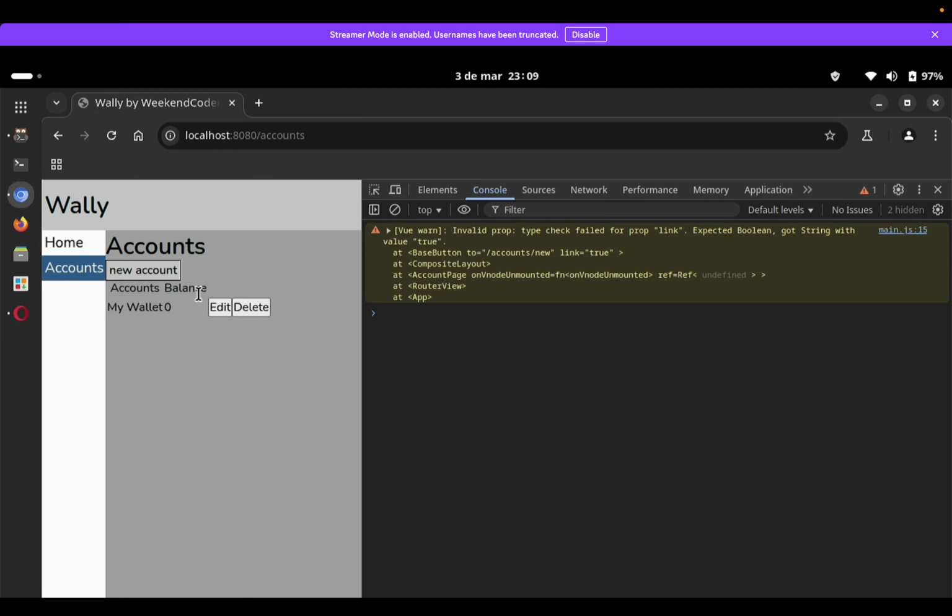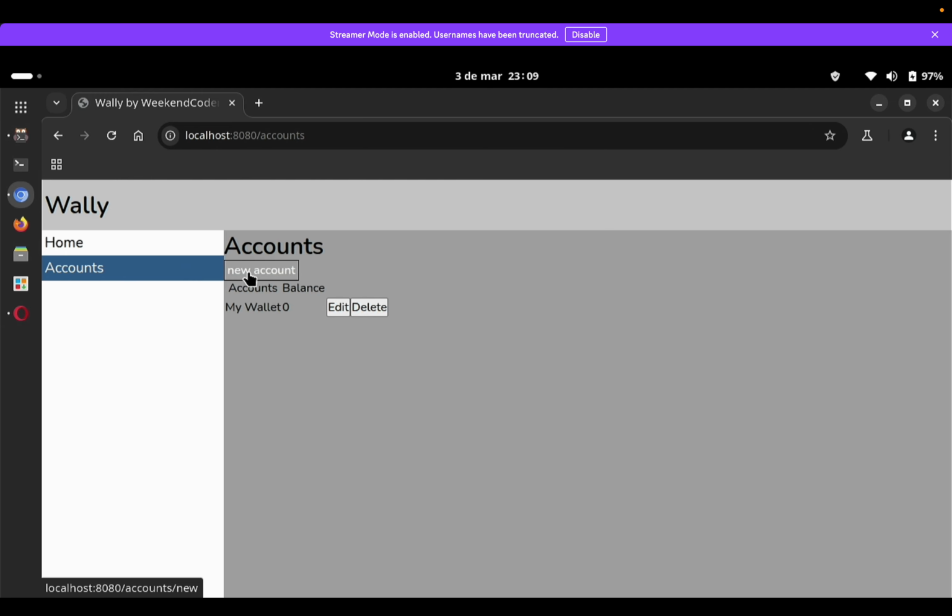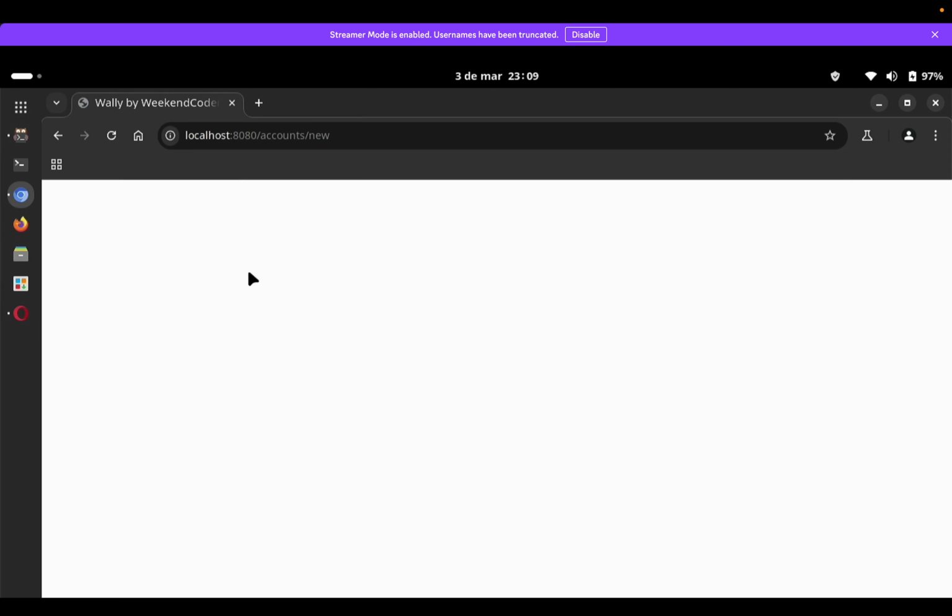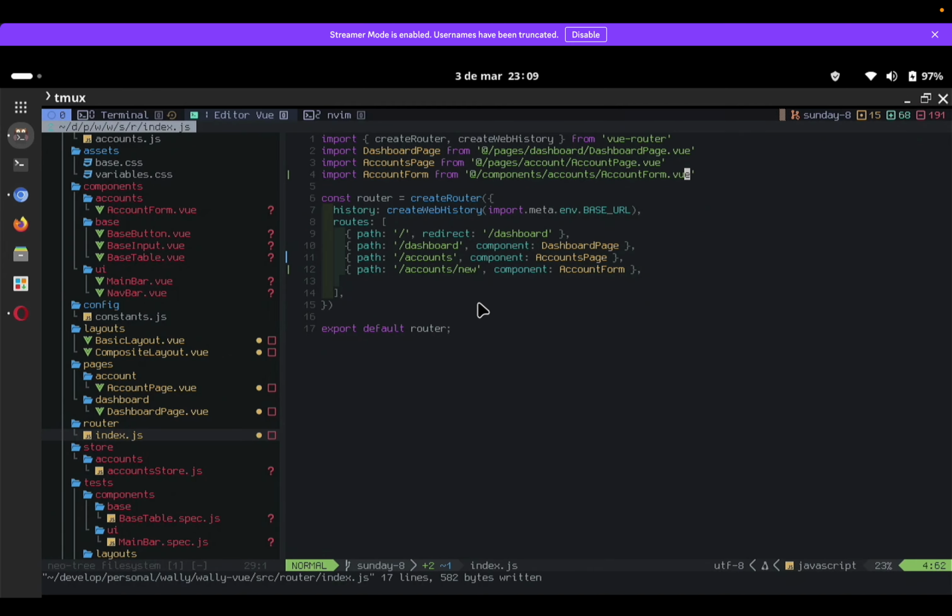And here we are. So if you check here, we see that the link is go to accounts new. Nice. It's a blank page, but that's just because we didn't put anything in the template. So we want to add our main bar, and then we want to add our